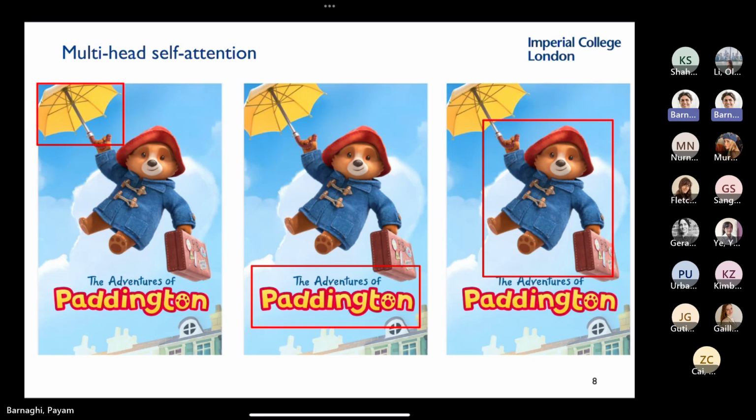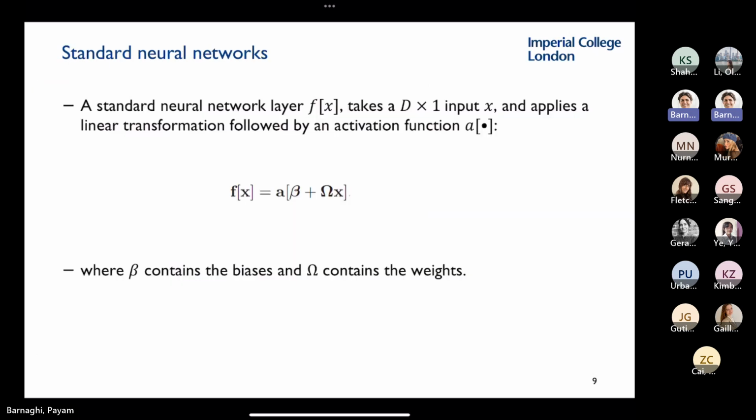If you're looking at this picture, at any point of time, depending on what you're looking for, your brain constantly scans this image. At some point, you're looking at the umbrella. At some point, you're looking at the text. At some point, you're looking at the bear. And I moved this slide. What color was the chimney? Was there any cloud?